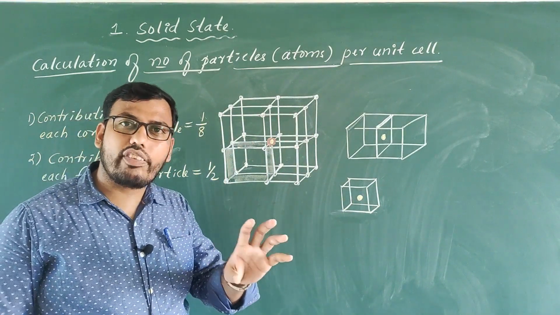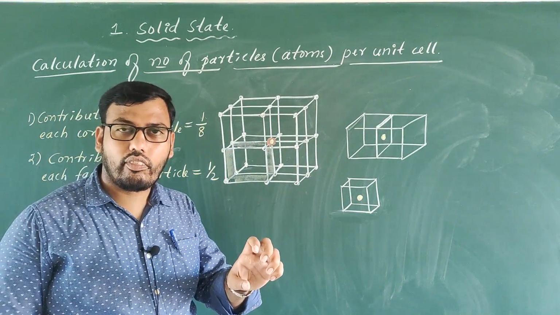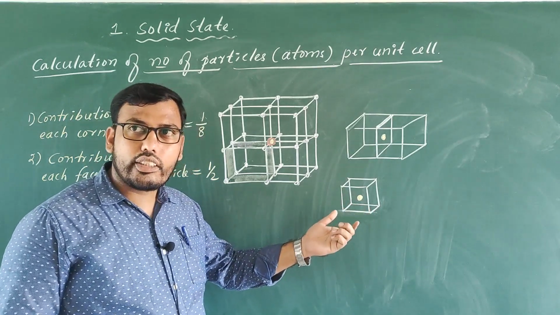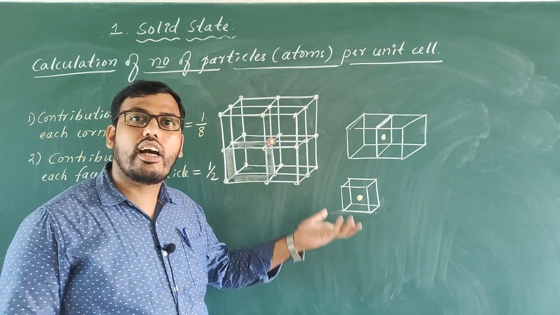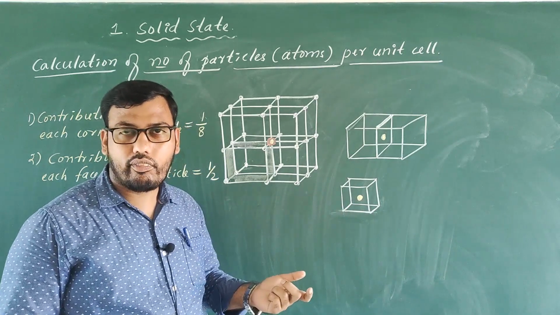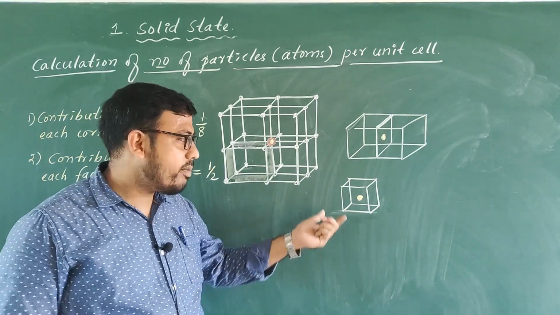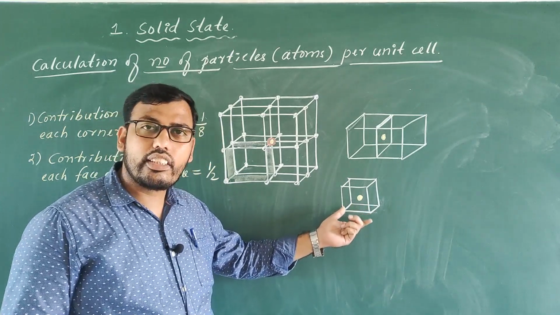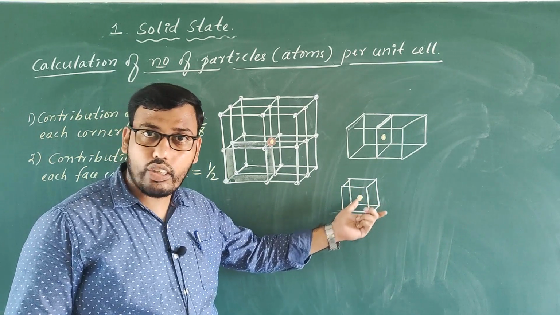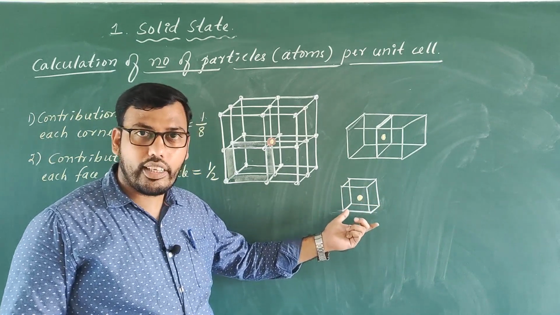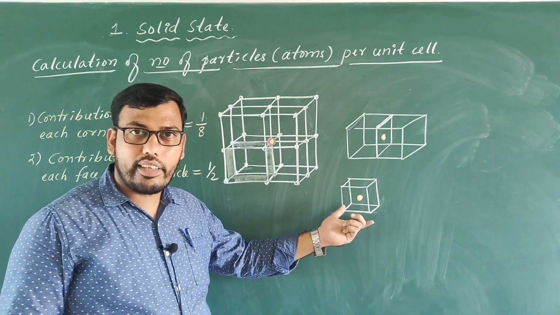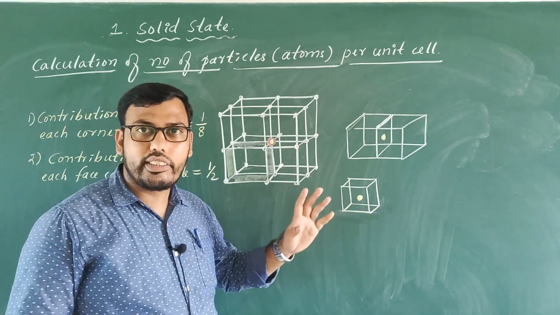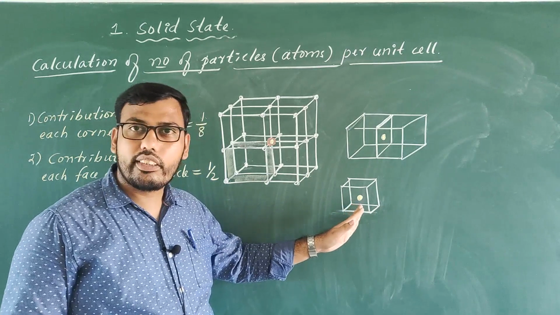In a unit cell, if the particle is present at the body center of the unit cell, then it is no longer connected with other unit cells. Means if a particle is present exactly at the body center of a unit cell, it is not going to be shared with other unit cells, though they are connected with each other. So that particle mainly belongs to only that particular unit cell. Hence its contribution is 1.